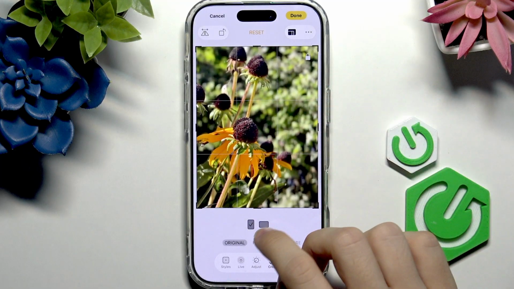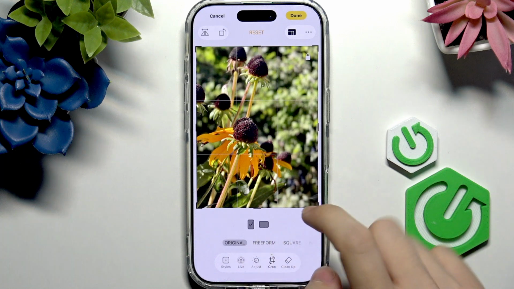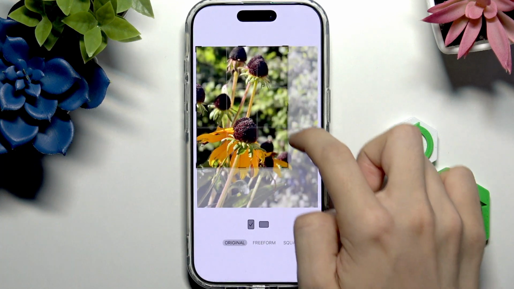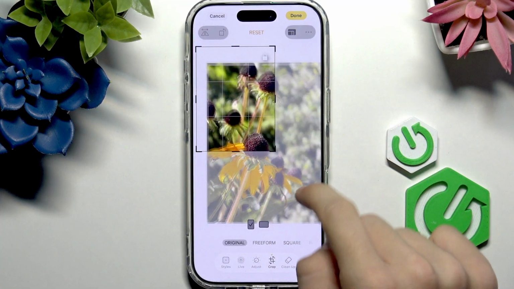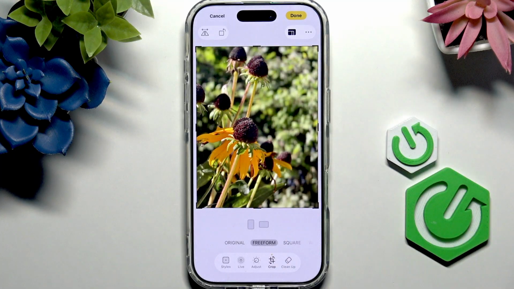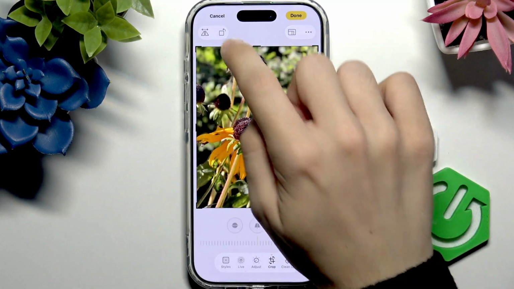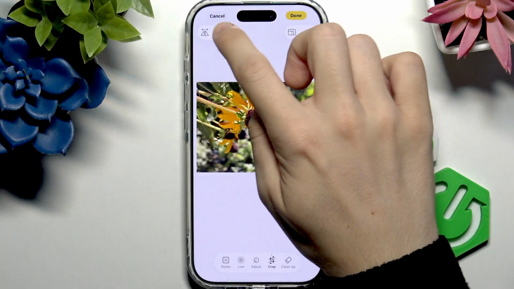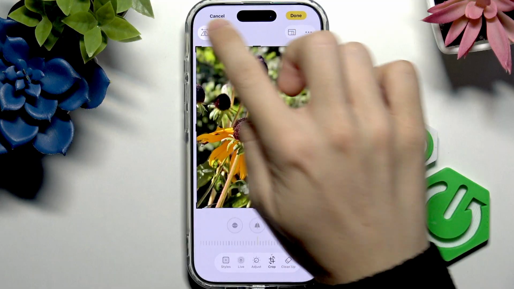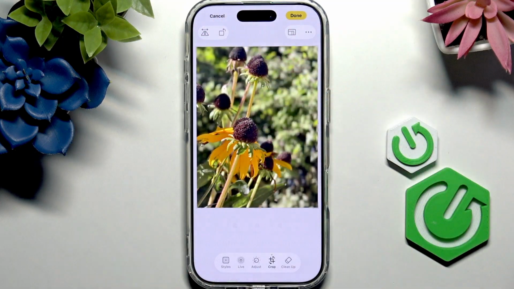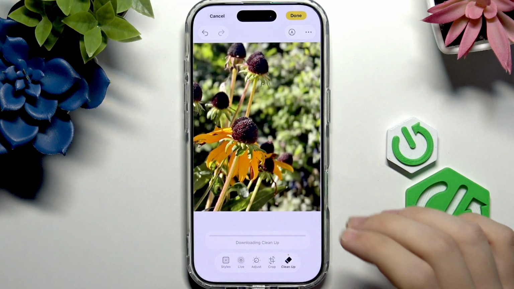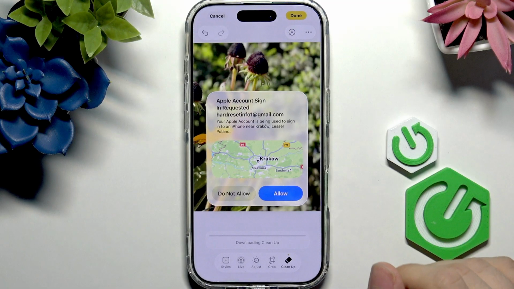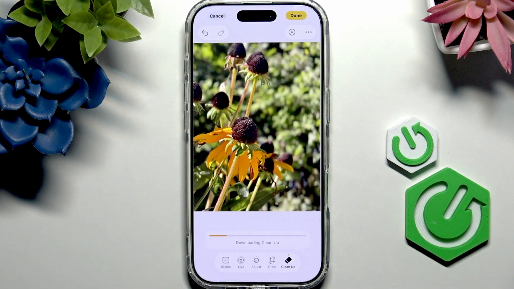And you can do original, so changing the size will always result in still staying in the original aspect ratio of the photo. I'm gonna reset it. And also you can rotate it by 90 degrees or flip it to the other side. Now the last thing is cleanup, and this is actually a feature on your iPhone that utilizes Apple Intelligence and